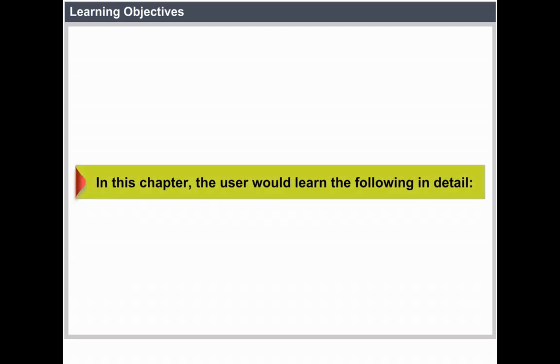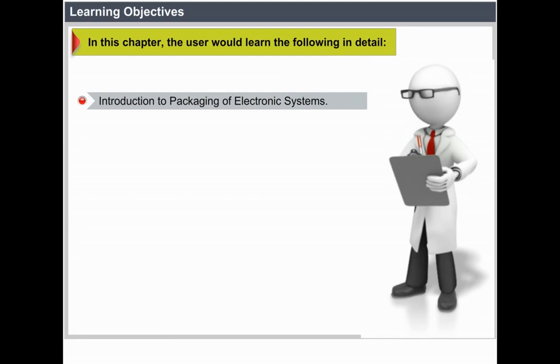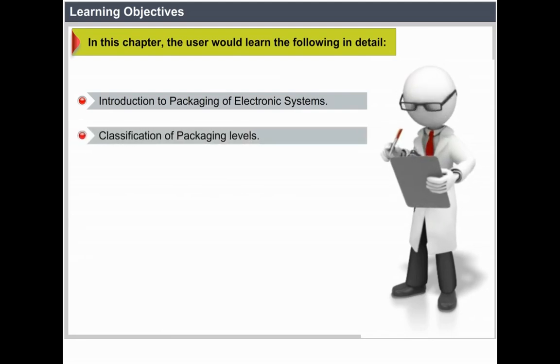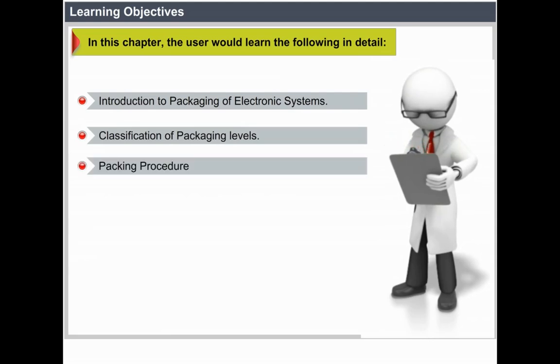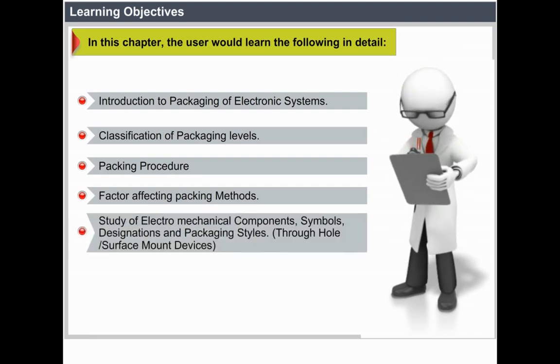Learning objectives. In this chapter, the user would learn the following in detail. Introduction to packaging of electronic systems, classification of packaging levels, packaging procedure, factors affecting packaging methods, study of electromechanical components,